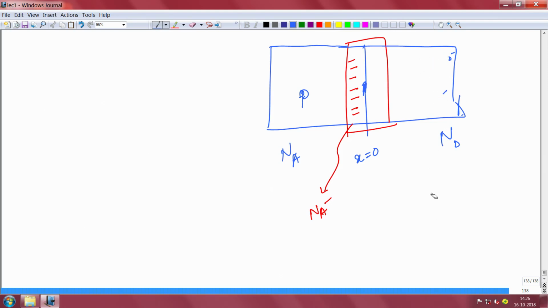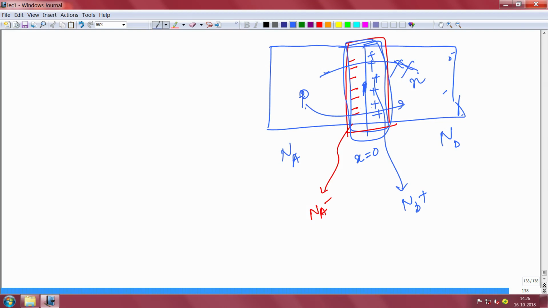But over in this n type area, and over in this area, the mobile electrons and mobile holes have recombined and they have vanished. So, what is left behind is a negatively charged ionized core here, and here a sheet of positively charged dopant. There are no mobile electrons. So, in this region that has formed, there is a field, which will oppose any movement of electrons and holes from either side to the other side. Electrons from here to here will be blocked, and holes from here to here will be blocked.